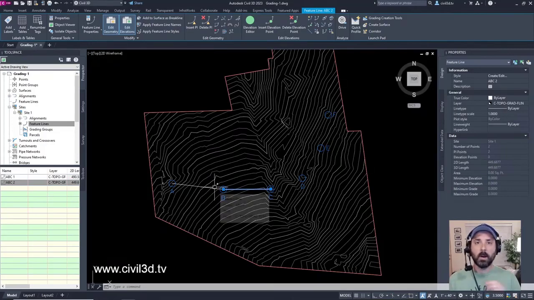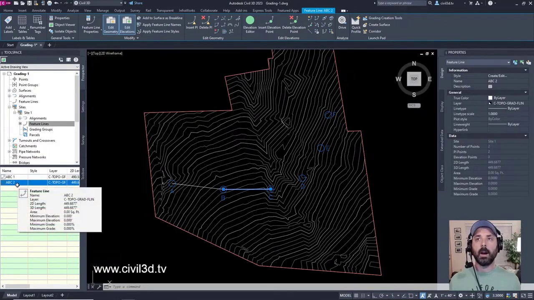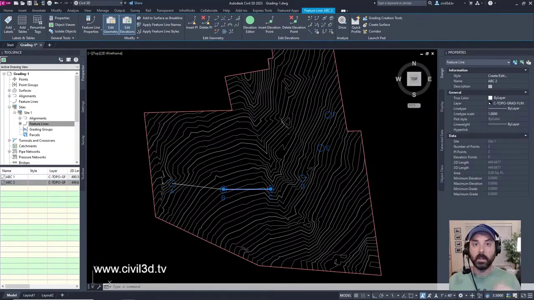That's when applying a descriptive name to multiple feature lines like we just did comes into effect, because you're not having to search all over the site to find a particular feature line. You can just look within the name. One set of feature lines could be the edge of pavement feature lines for parking lot number 1, or parking lot A, or the northwest parking lot. Applying names to multiple feature lines can be very helpful. Just a little helpful hint. Take it or leave it.